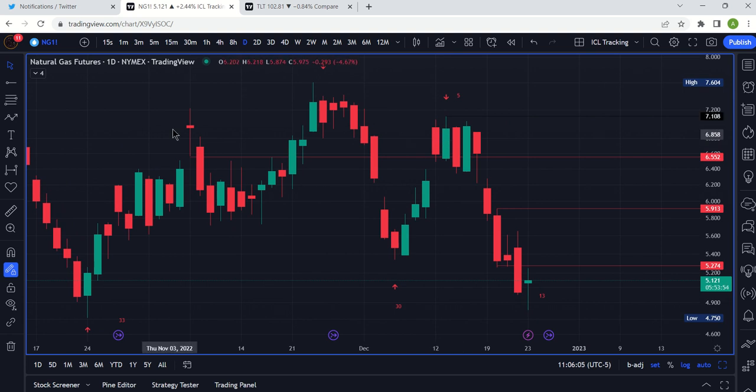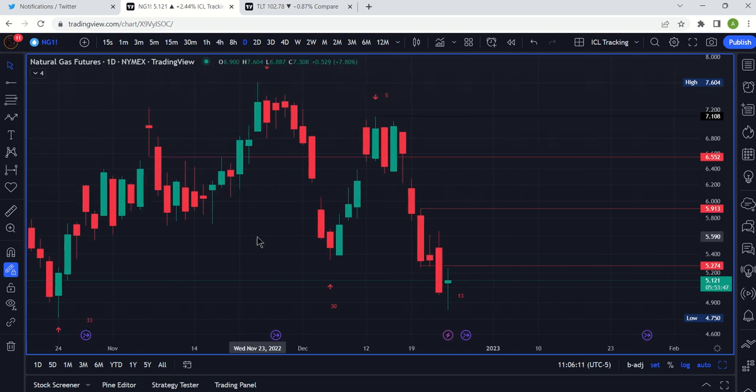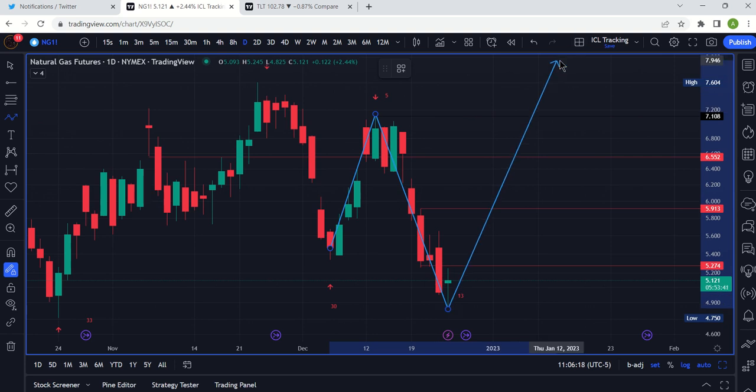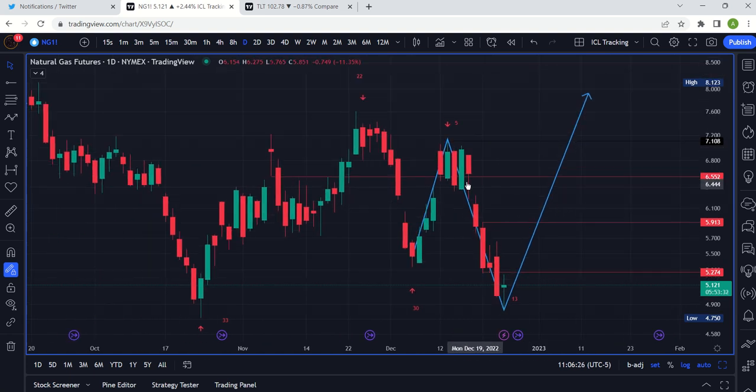So all that to say, this had a top on day 9, but then it rallied to make a top on day 22. So it is possible that we're going to do something like this and then that, right? Now, how likely do you think this scenario is, right? I don't think it's very likely, but it's possible. I just want to acknowledge that.